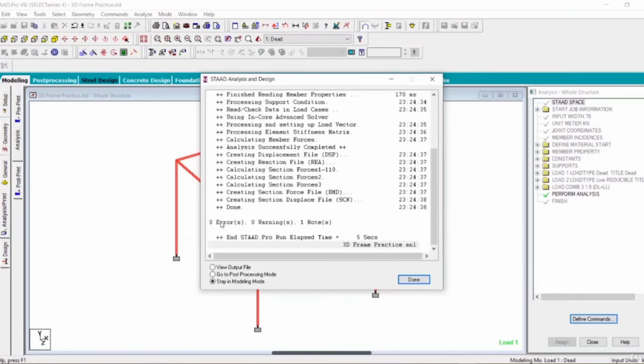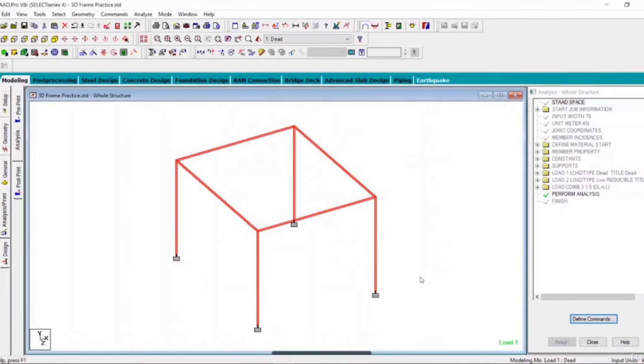Here you can see that our structure doesn't have any errors and also doesn't have any warnings. We will just stay in the modeling mode and click on the Done option. Now we have to give the design command to STAAD Pro. For that, click on the Design tab